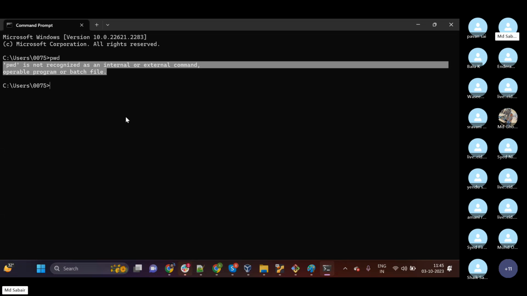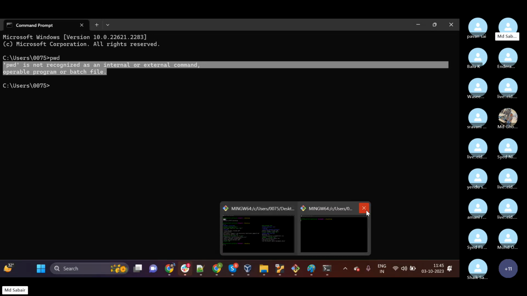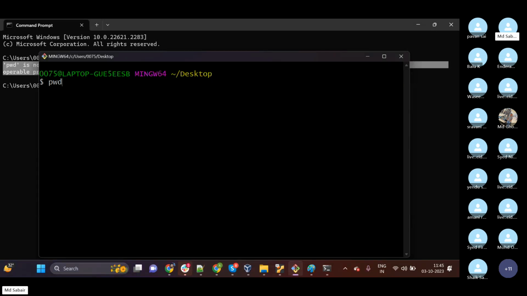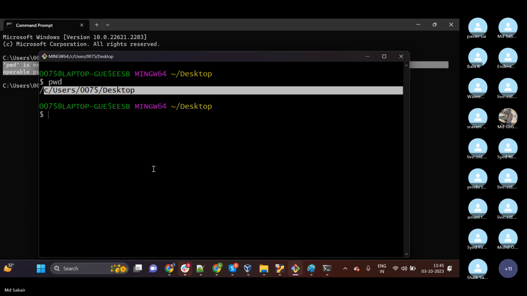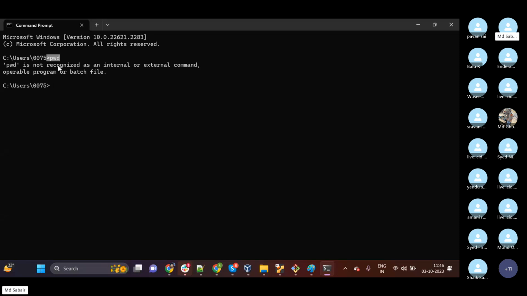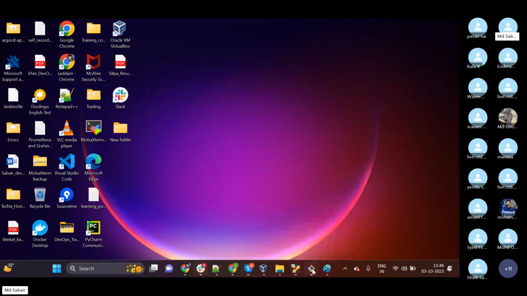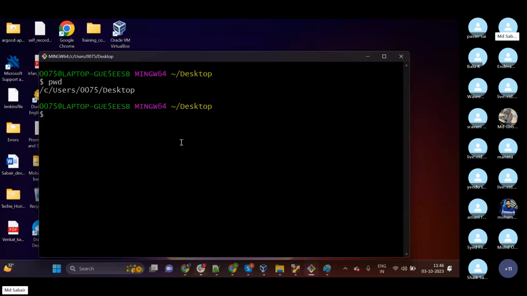Why is CMD not allowing it? Similarly, if I execute this in my Git Bash, let us see what will happen. pwd. This is accepting the command and I am able to see the output. But pwd is not working in CMD. Why? Different operating systems. Because CMD is for the Windows operating system. The Windows kernel is different, so we cannot execute Linux commands on Windows machines. That's the reason CMD is not working, and because of that reason only we have installed Git Bash in our machines. Understood now?